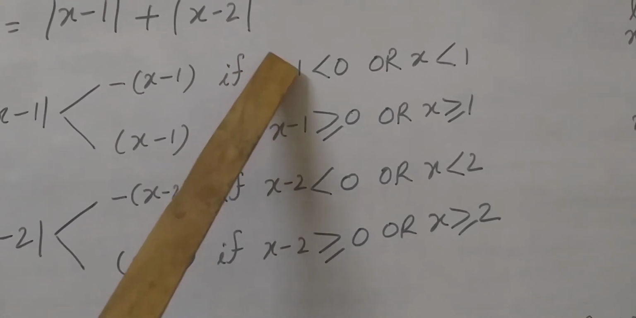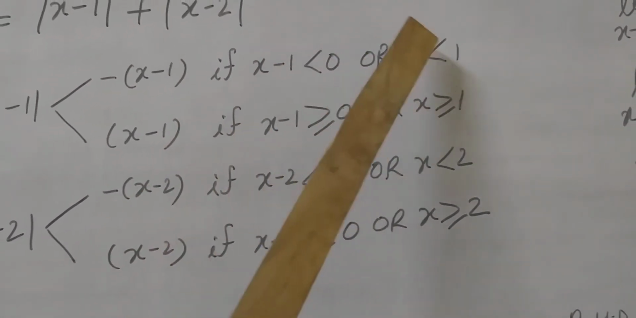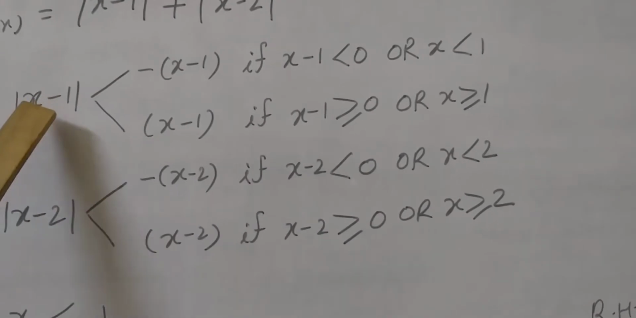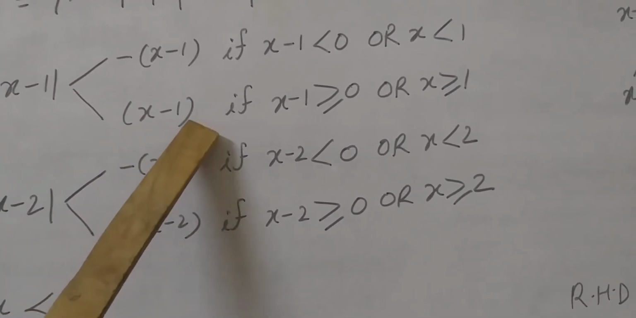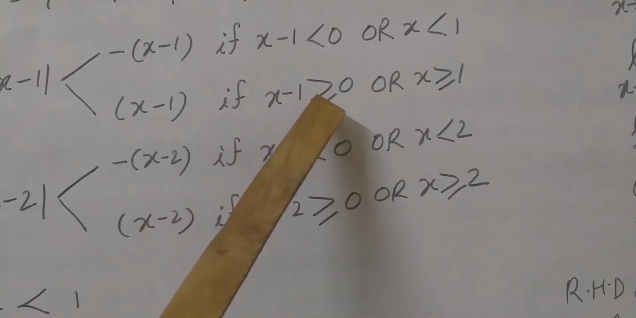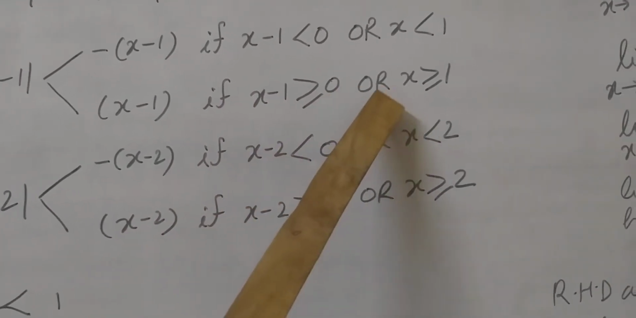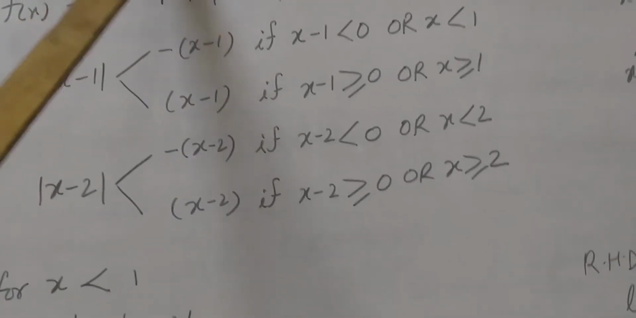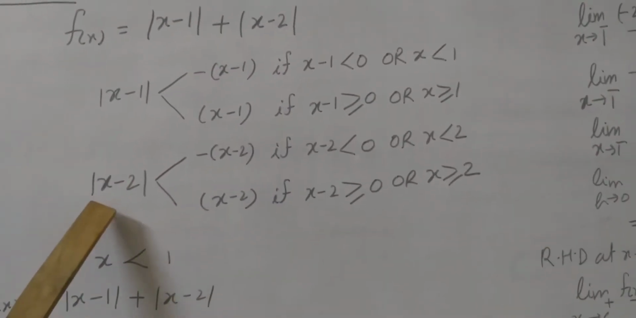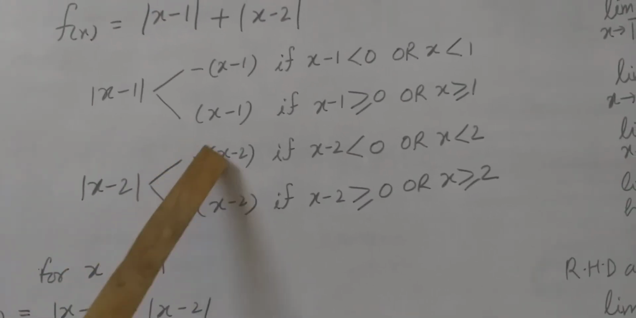When 1 is transferred to this side, it becomes positive. |x − 1| can be written as x − 1 if x − 1 ≥ 0, or x ≥ 1. Similarly, for the second part, |x − 2| can be written as −(x − 2)